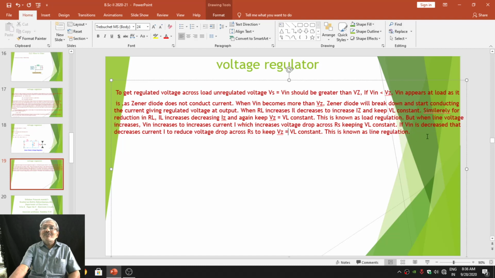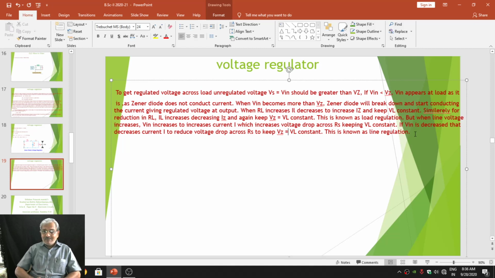Thus, by using the property of the Zener diode, it is possible for us to design the Zener diode as a voltage regulator when the Zener diode is connected in shunt with the filtered rectifier circuit and the load resistance. By using a Zener diode, it is possible for us to design any magnitude of the voltage that is required for the load.